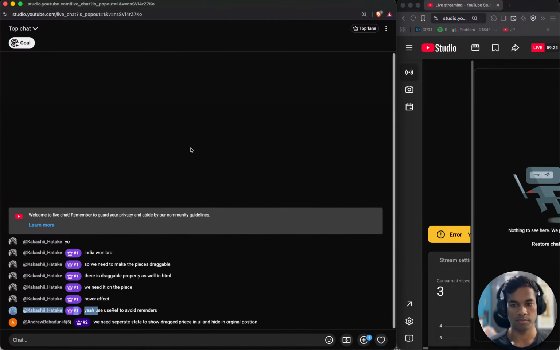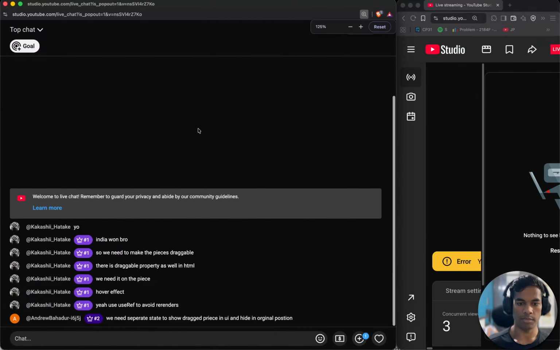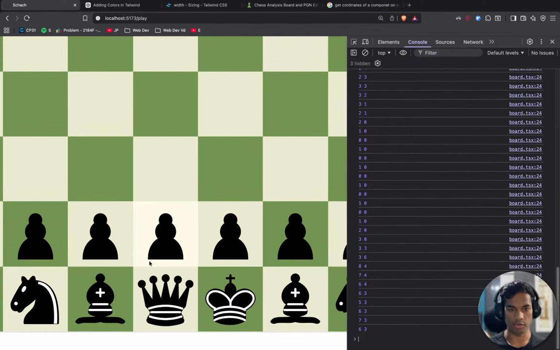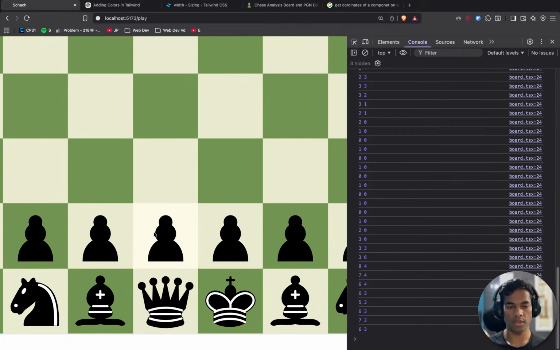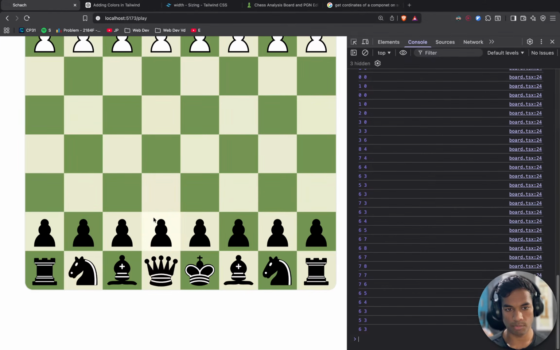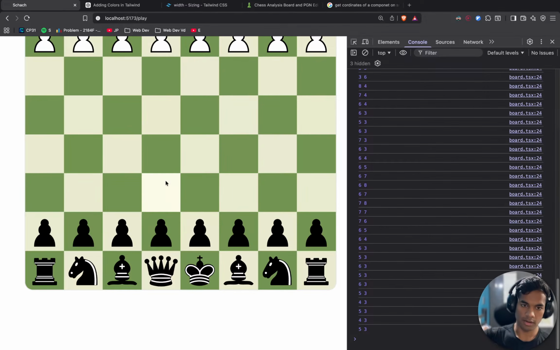Actually pretty cool. We need separate state to show dragged piece in UI and hide in original position. Separate state. I don't think we have to keep the state. Using the ID of the element, we have to change first of all the square, remove the piece from that thing, and by finding the ID, since every square span has an ID label, we can find that square and make the internal child of that thing disappear.